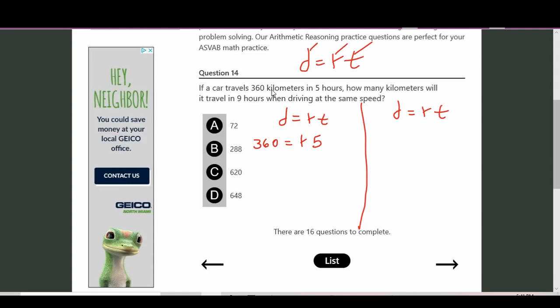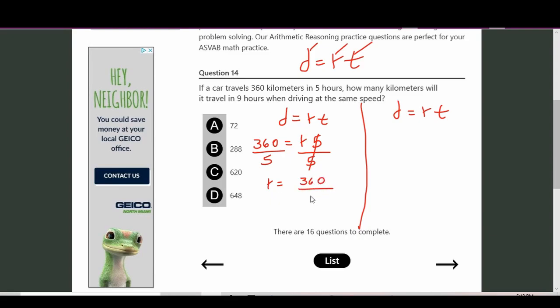You can see that I plugged distance for D. I didn't know the rate, so I left that as R, and T, we're told 5 hours. Now I want to find out how fast this car is traveling, so I'm going to solve for R, or rate, which means I'm going to have to divide both sides by 5. Cross this out. This leaves me with